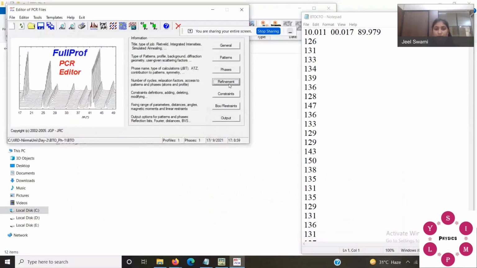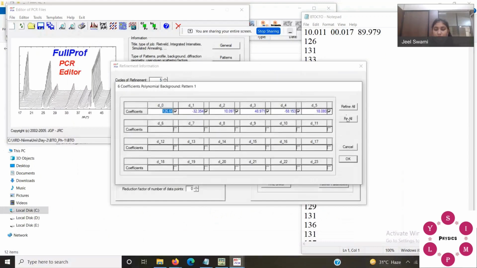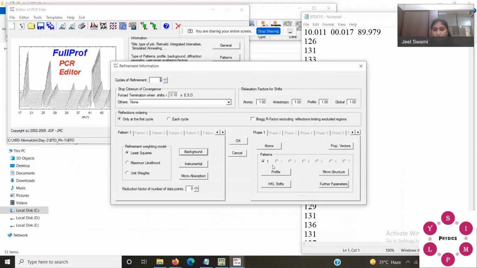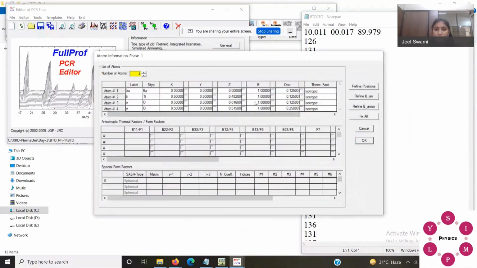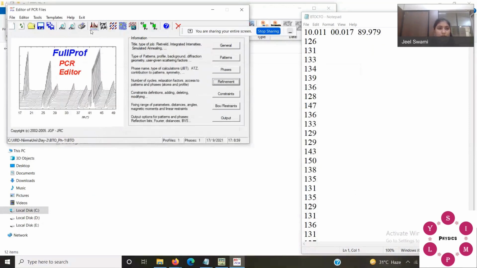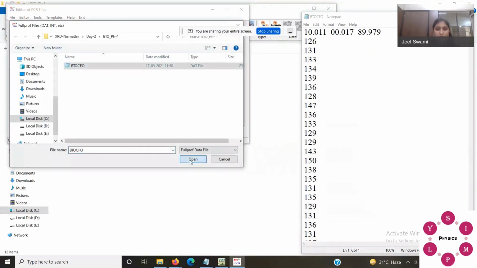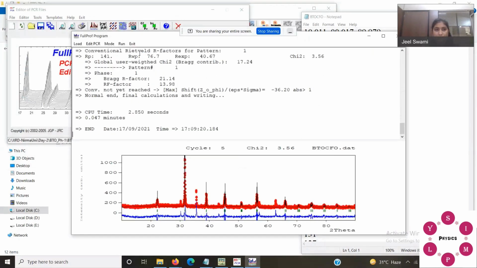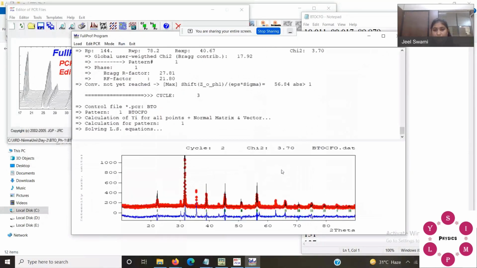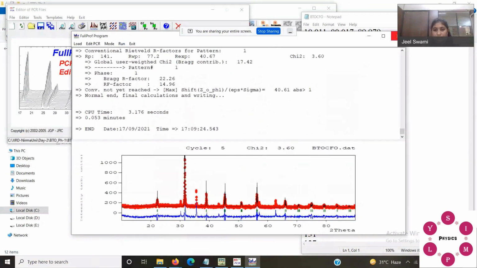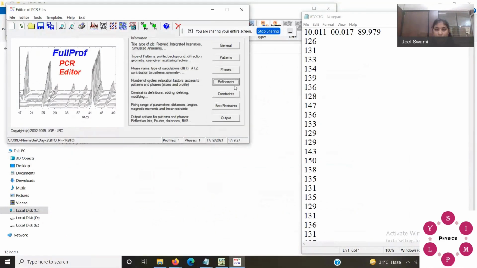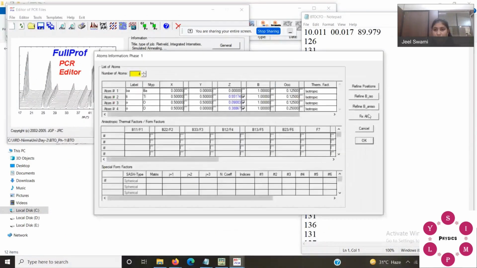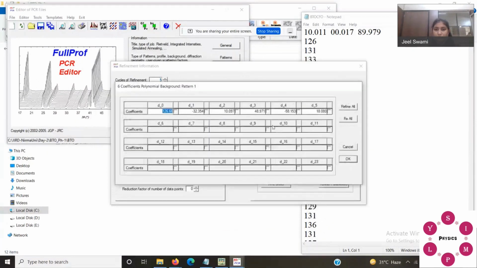You can refine your atomic position, right? Now just do one more time the background.